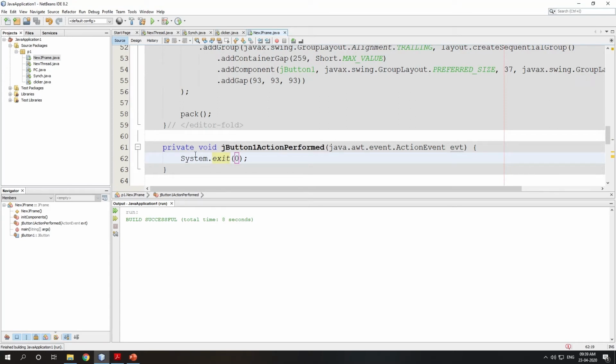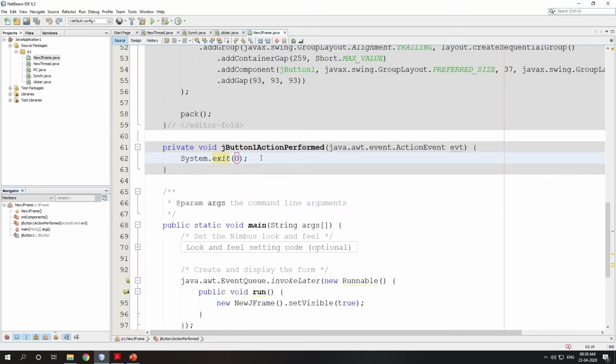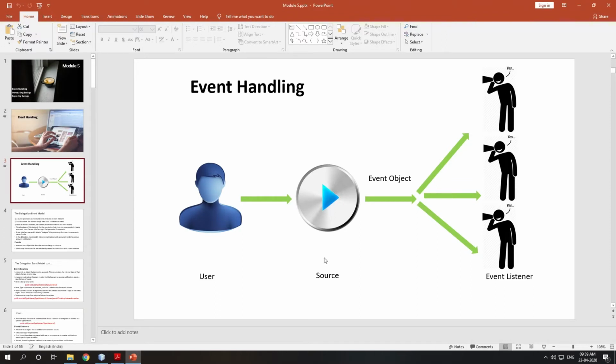We will not go into the code now; we will first understand the theory, then go with code in Java Swing. Now, the main terminologies are source, event object, and event listeners. The source generates the event object which describes the event, and event listeners process the event.